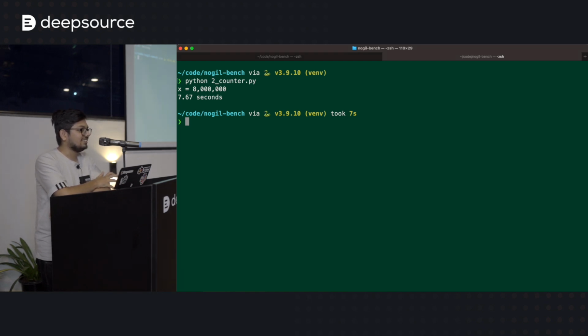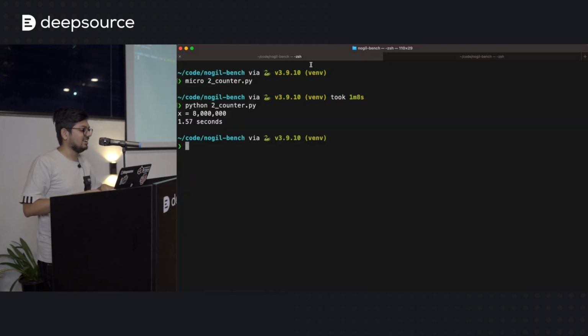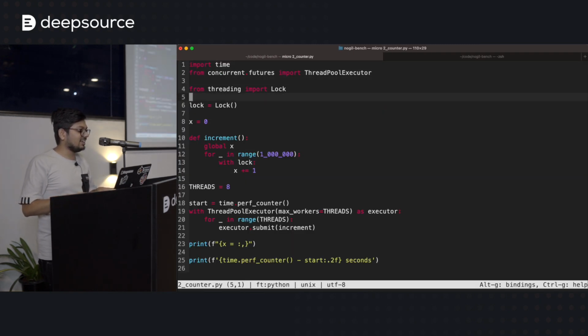So it's kind of flipped, isn't it? Right? It's something like 5 to 6 times slower. So what exactly happened here? Well, the thing that happened here is lock contention, and that's the one thing that Python developers don't want to think about. So the thing that I glossed over here was this lock.